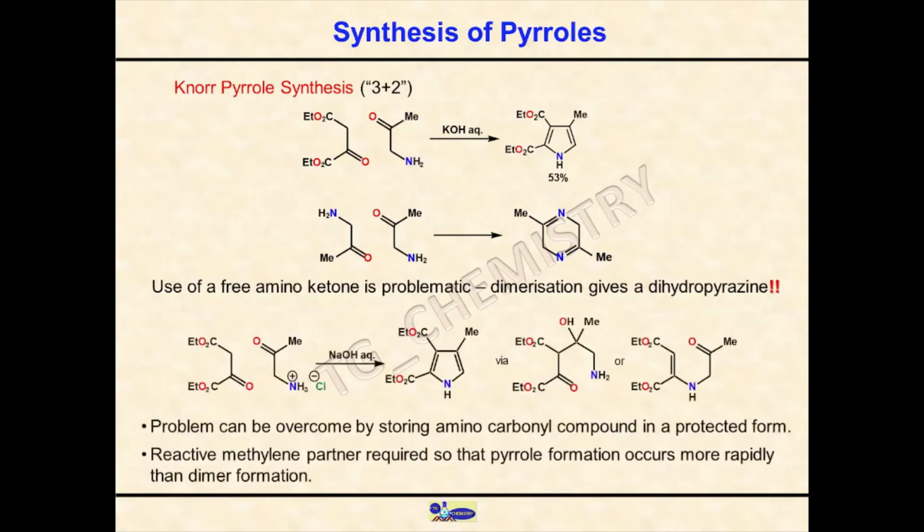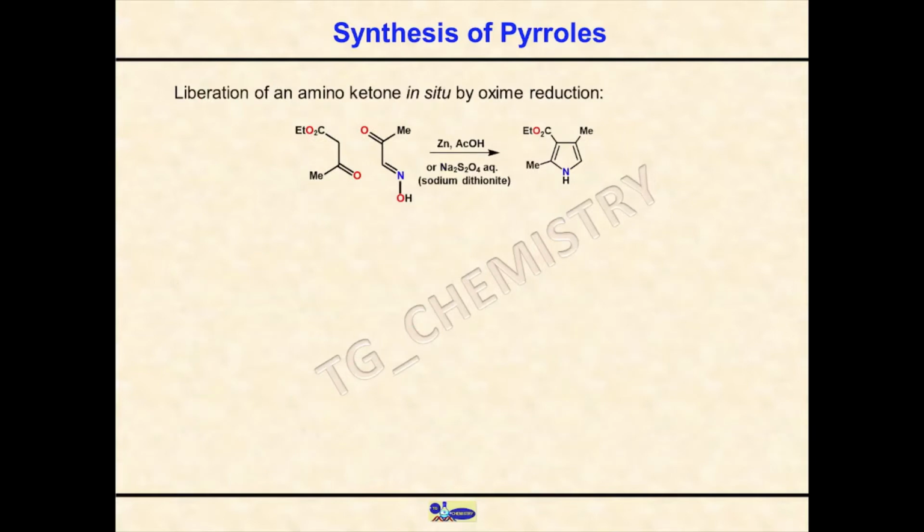So those are the two processes, and as you can see, the problem can be overcome by storing the aminocarbonyl compound in a protected form, and also we can have the reactive methylene partner which eventually forms the pyrrole derivative at a faster rate compared to the dimerization reaction. Okay, so these are the possible options. There are other examples of this modified version, that means the protection of amine. So this is another amino ketone protection, in the form of an oxime with ethyl acetoacetate, and in situ